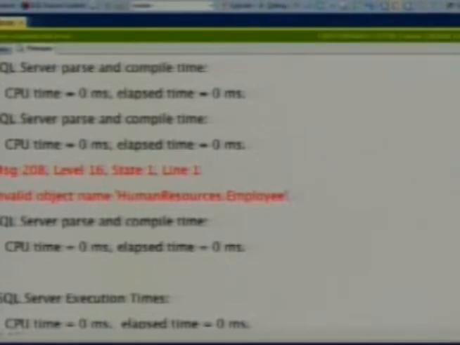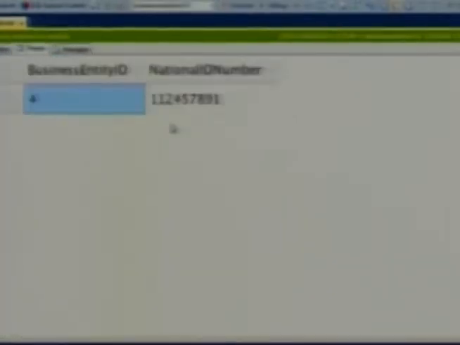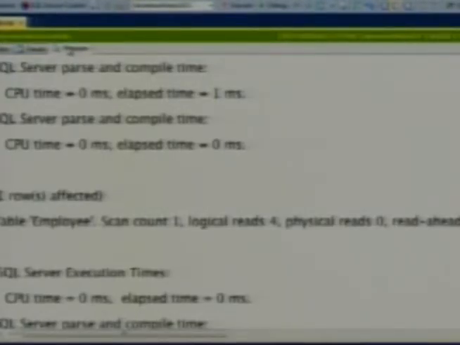Well, let's play. I love playing. I've got a very, very ridiculously simple query. Select these two columns from the human resource table where the employee ID is equal to that number. And you know what? You've got to be in the right database for things to work. Kids, don't try this at home. So, there we go. Nice return. I got it back. My execution time is 0 milliseconds.